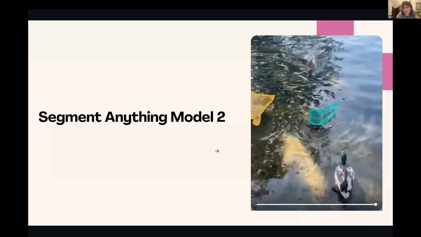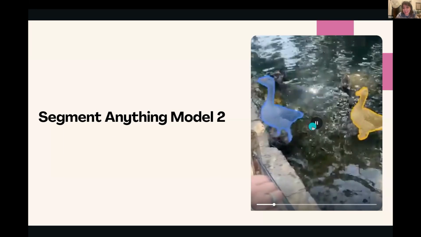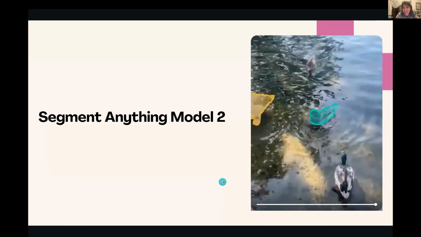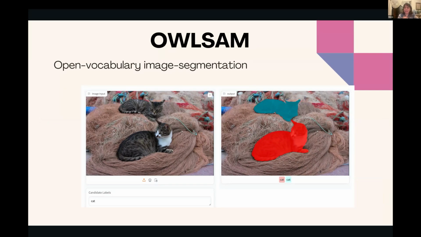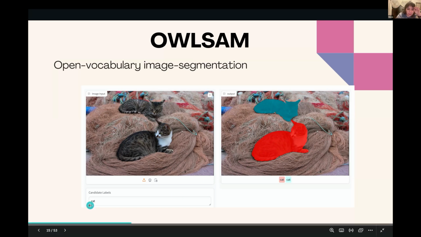It is tracking on its own, and I think it's just amazing, Segment Anything Model 2. And the good thing is you can actually combine these open set object detection models with the mask generation models, which was the point of my graduate school thesis as well. You can combine a model like OWL with a model like Segment Anything, basically getting an input text prompt and an image prompt. For instance, in this case, I'm prompting "cat,"